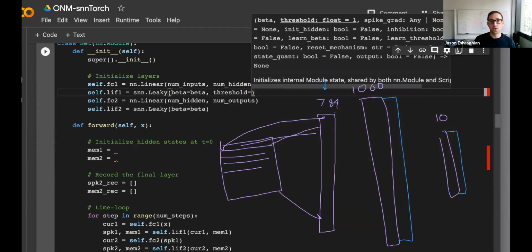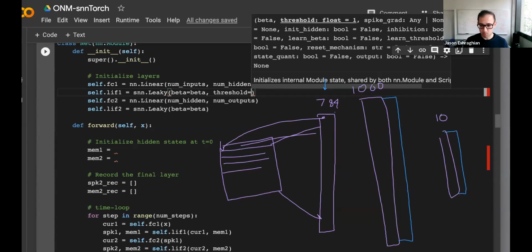So if you find that your network is not firing sufficiently, like if you see that your network isn't training, then the first thing I do is observe the spikes at the output. So I just take my spike recording and sum it all together. If it's 0 or if it's a very small number, I'll then drop the threshold of my layers, and that'll typically foster a bit more spiking and therefore learning. Yeah, if there's no spiking between layers, then there's no pathway for gradients to flow during the backpropagation process.